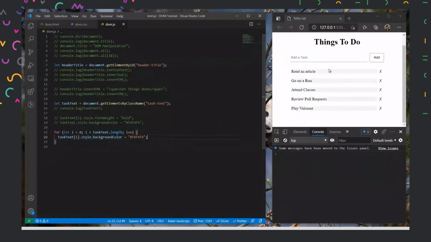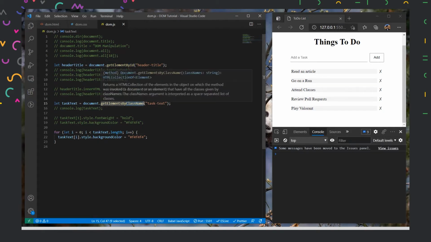And now if I save, it works like normal, like how we expect it to be, because we are selecting each and every element. So this is one thing notable about HTML collections. When we select get element by ID or by class name, ID will return us a unique element, so that's why we are getting only one element every time. But class name will return us an array, or to be precise, an HTML collection, which can then be selected individually using the index numbers.